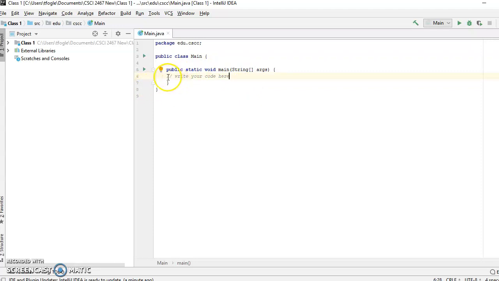So we have two slashes here. That indicates a comment. Comments are not executed. They are for the purposes of internal documentation. So, in other words, I wrote this program. And by the way, for every program that you turn in, you need to include your name,